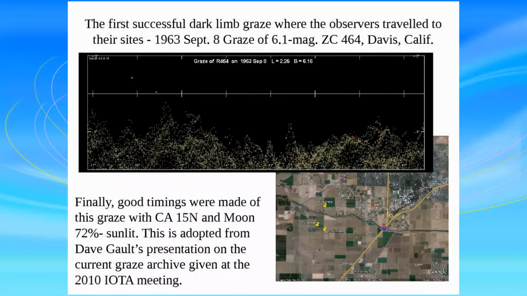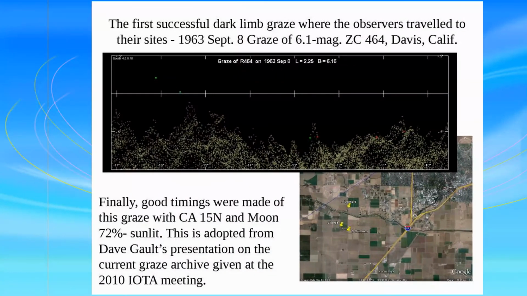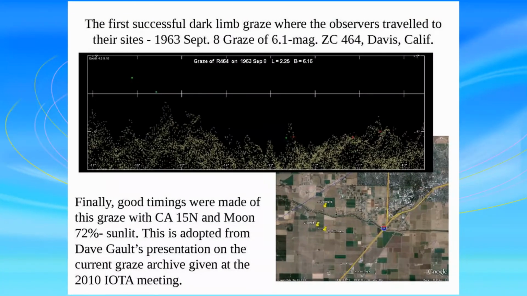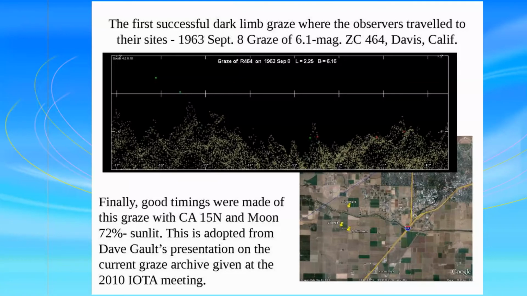The first really successful dark limb graze was on September 8th, 1963, where we set up 3 stations near Davis, California, and finally we were able to make good timings. I was working in those days with the Moonwatch teams that were observing artificial satellites, and so I was familiar with a way of accurately timing things visually. They didn't have video in those days, at least anything that we could buy, and so there were a lot of people out with stopwatches,